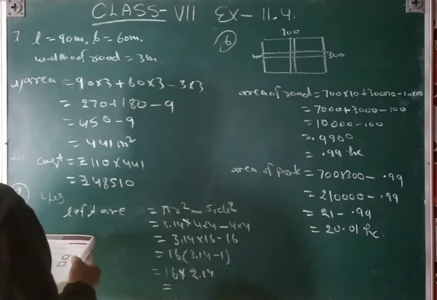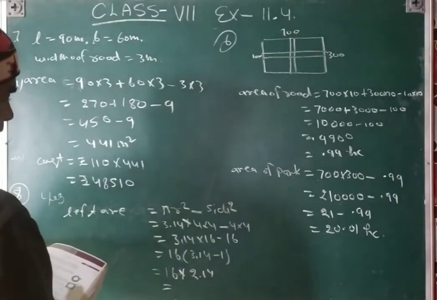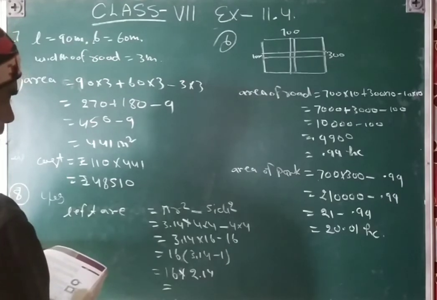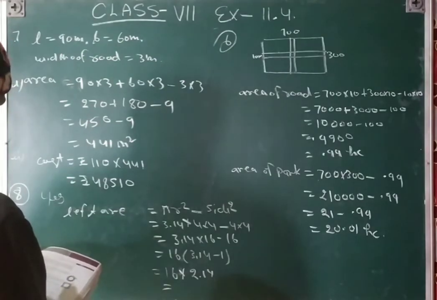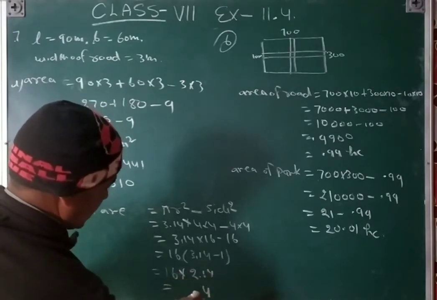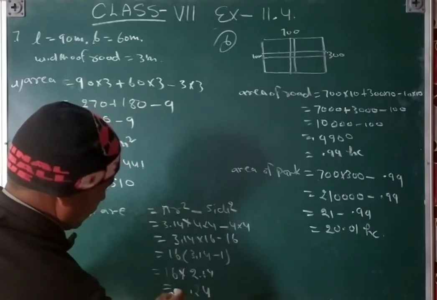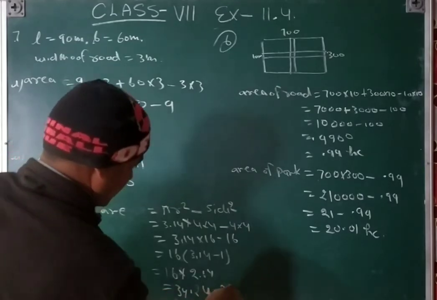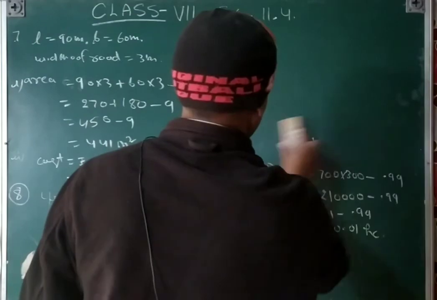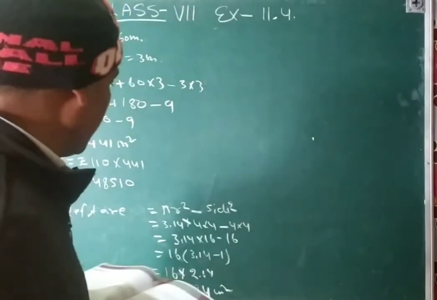Priya wrapped a cord around a circular pipe of radius 4 centimeter and cut off the length required of the cord. 16 is common, 4 4s are 16, and then 16 times 4 is 64, and then 16 times 1 is 16, and 16 times 2 is 32, 34 point something centimeter is coming left. The answer can also be given wrong in your book. You can check the calculation again.